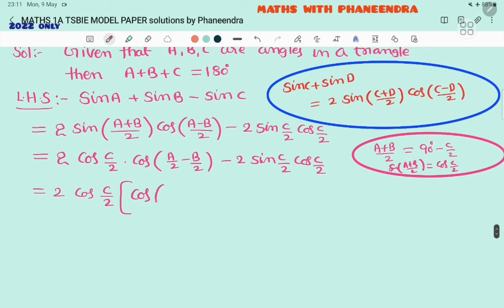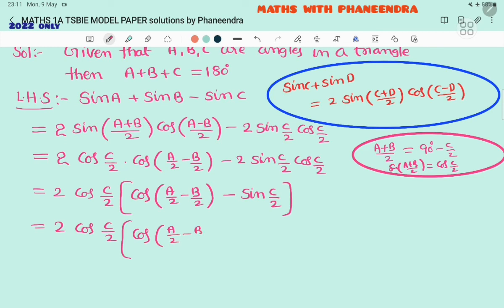So cos of (a by 2 minus b by 2) minus sin c by 2, that is equal to 2 cos c by 2 into cos of (a by 2 minus b by 2) minus c by 2. Sin c by 2 is equal to